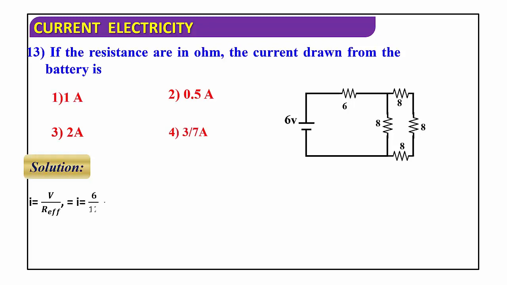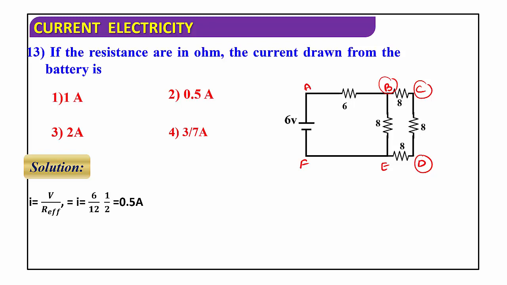Come to the solution. Here we are going to use the equation for electric current, I equal to V divided by R. Yes, observe here. Let us consider some points here: A, B, C, this is D, this is E and this is F. This is the given circuit diagram. First I am going to consider, observing the diagram carefully, B, C and D. Between B, C and D, how are the resistors connected? Between B, C and D, the resistors are connected in series.